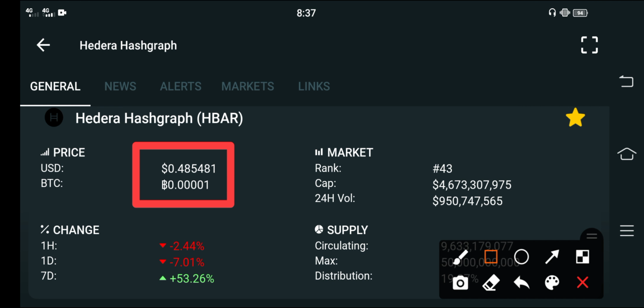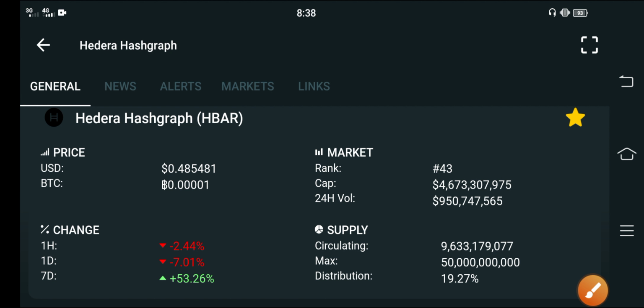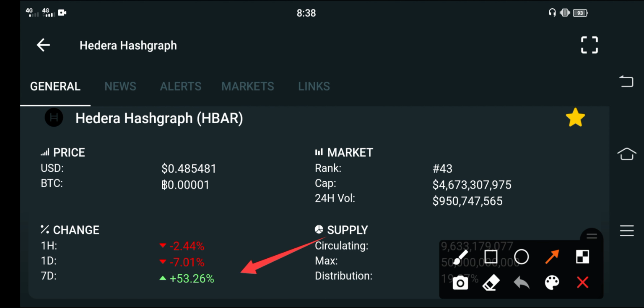Furthermore, guys, if we talk about the price changes that occurred, you can see here that the latest changes of Hedera Hashgraph are going negative. You can see the last 1 hour and last 1 day changes in Hedera Hashgraph are going negative. I'm very sad about Hedera Hashgraph that the changes are going negative. Oh my god. But on the other side, guys, if you look at the last 1 week change of Hedera Hashgraph,